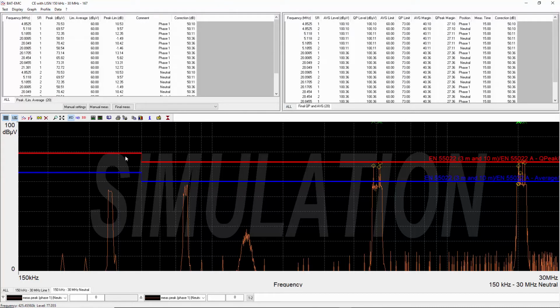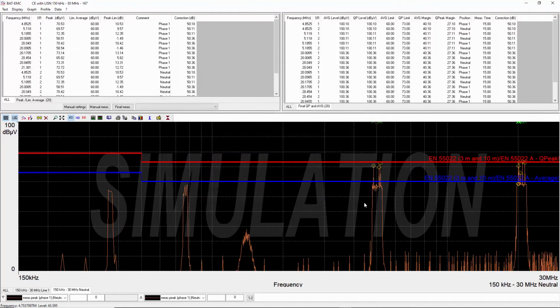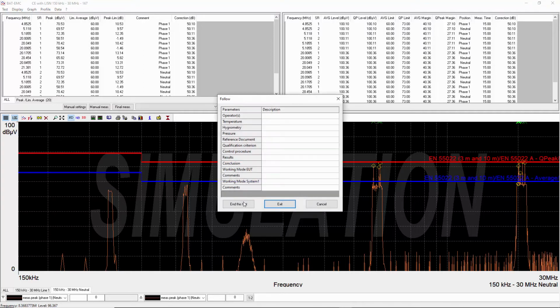One thing to note is that we had the ability to control all of the colors on the graph. We could have changed the colors for the pre-scan peaks between line 1 and neutral, controlled the cursors, the colors that go to the printer as well as the ones that appear on the screen, and so forth. Once colors are chosen, you can save them as or memorize them as default. So there you have a completed conducted test. I will close this test,